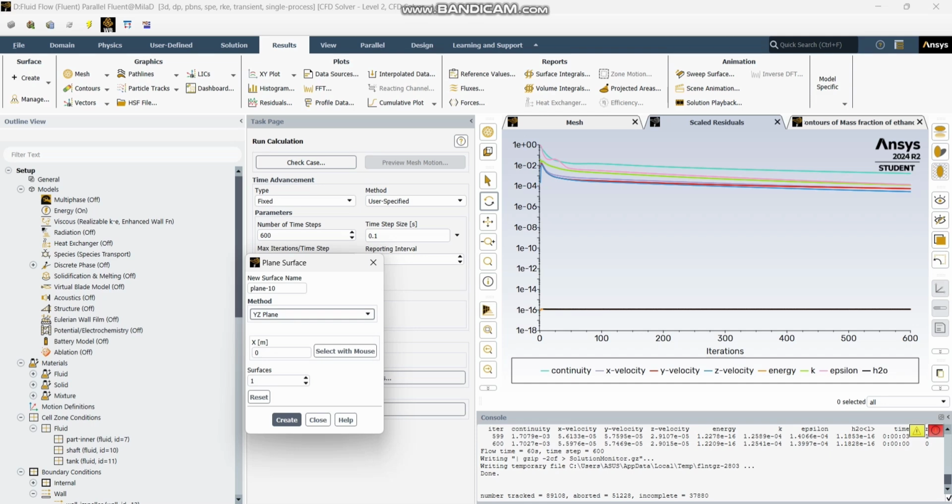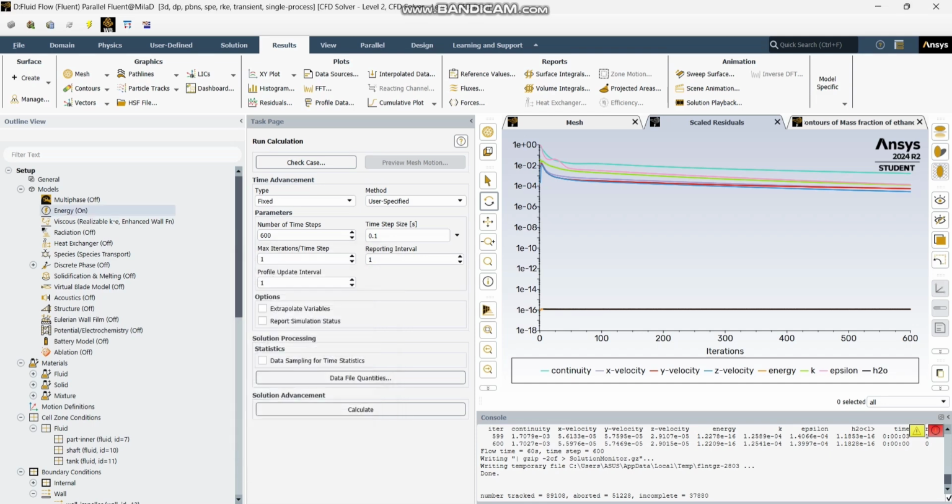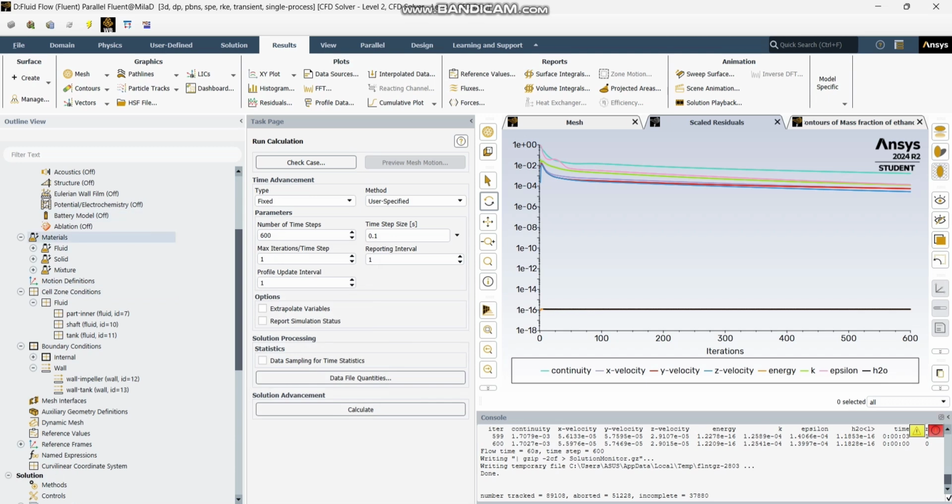It depends on you. I'm not going to create this because it takes more time. Then after creating this plane, you can easily get your mass concentration of